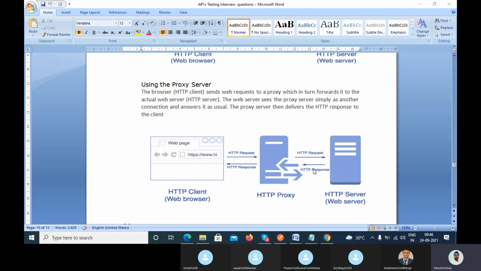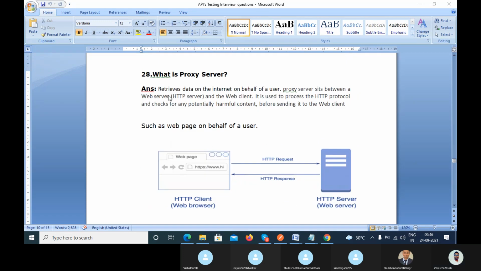Then the HTTP server takes that request and passes the response to the HTTP proxy, and the HTTP proxy passes that response to the client. So you can see it's the same thing, only they have added one layer.